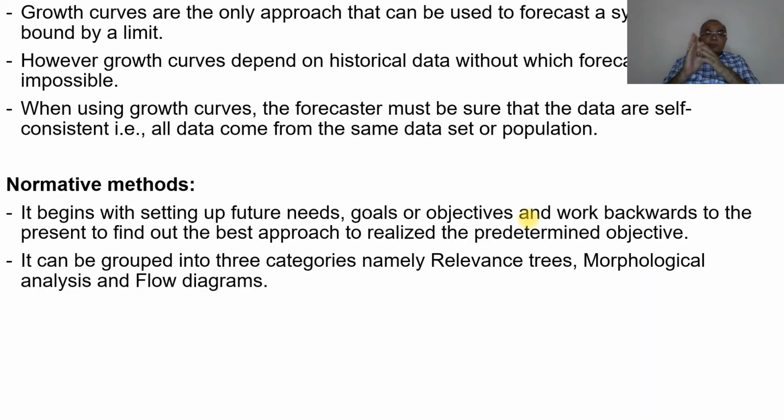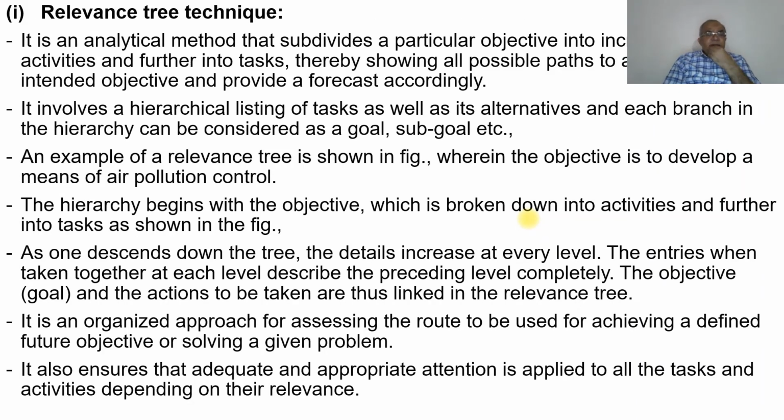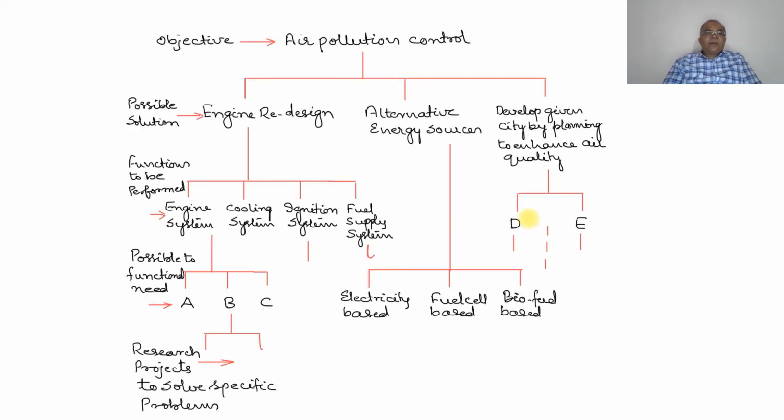It can be grouped into 3 categories, namely relevance trees, morphological analysis, and flow diagram. When we are considering the relevance tree technique, it is an analytical method that subdivides a particular objective into increasingly smaller activities and further into tasks, thereby showing all possible paths to achieve the intended objective and provide a forecast accordingly. So suppose if you take this as the objective, suppose if you are considering it